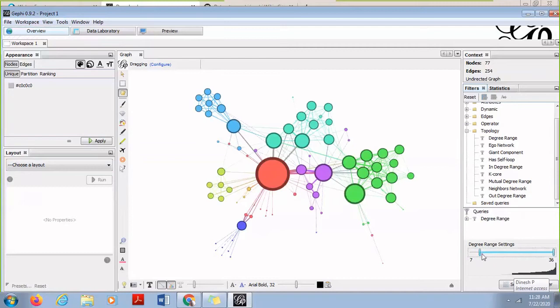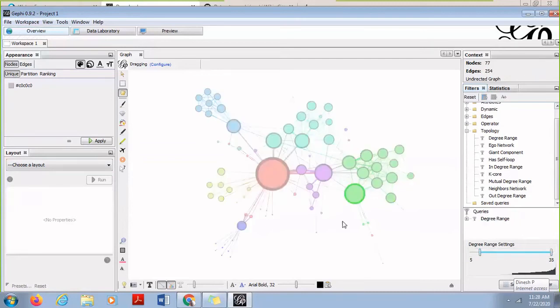Okay. If I keep on changing, I will be able to see that the number of nodes go on decreasing and the number of edges will keep on decreasing as I change this. So if I skip this, this is what I get. Okay. So this is one of a very important features which can help you when you are analyzing the graph